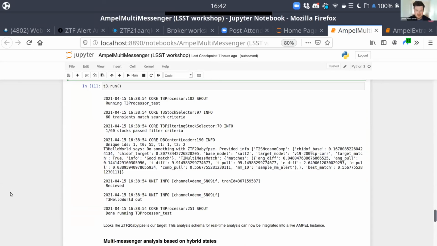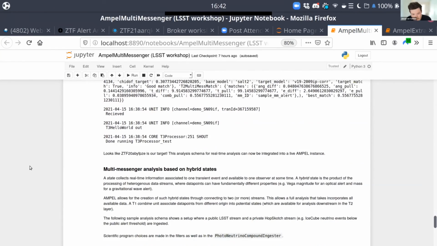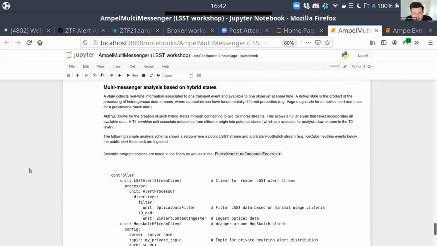You could push this to Sky Portal or so. You could send yourself a Slack message. You could request automated follow-up for this. These are the sorts of things you could do. There is another way to do this, which I'll try to cover in the last 30 seconds. Having one driving stream is the simplest way, but the way you probably actually want to do this is